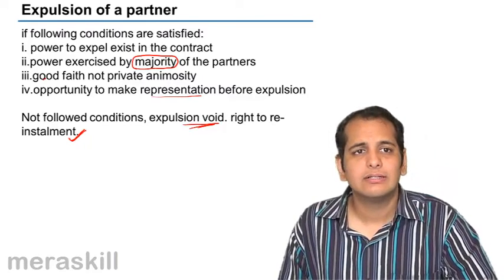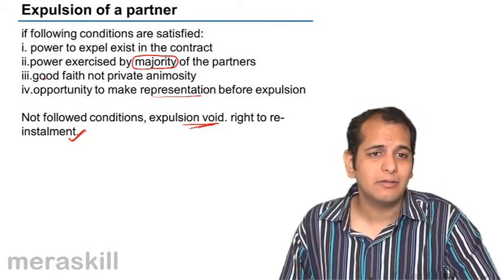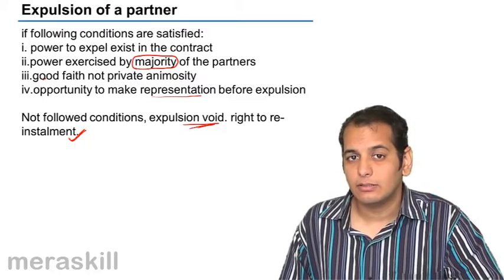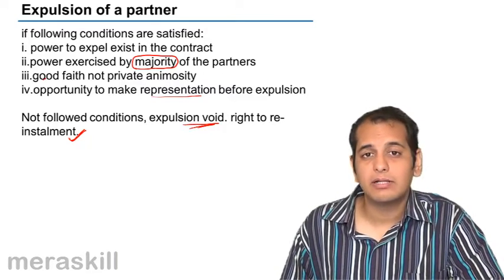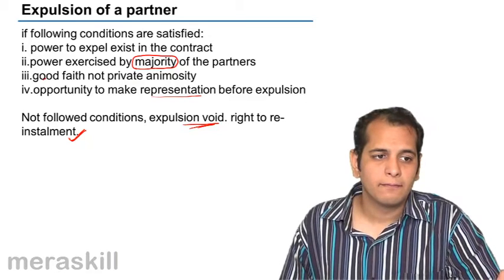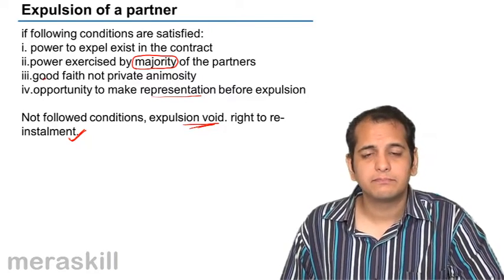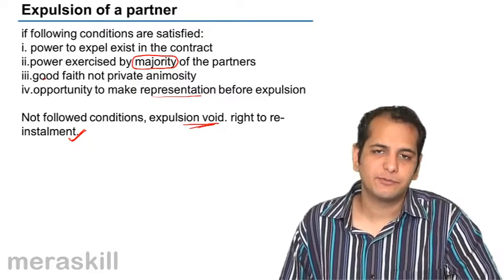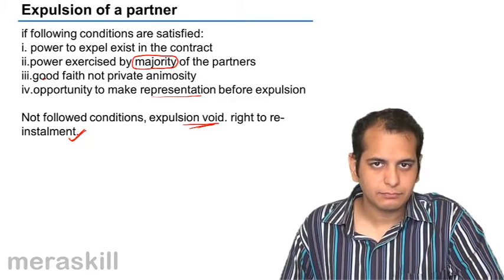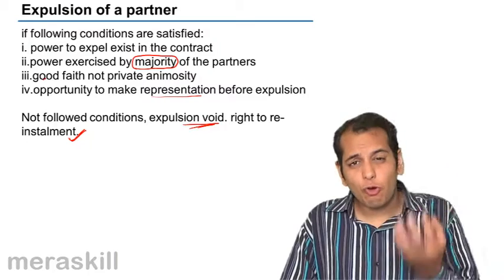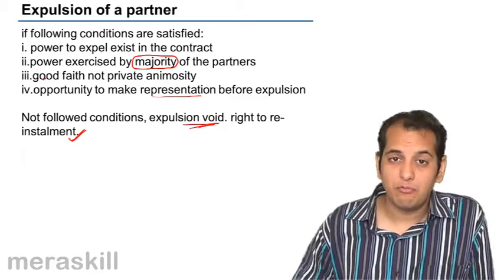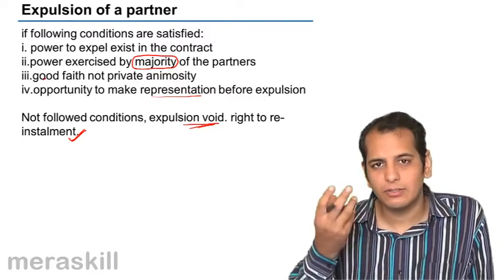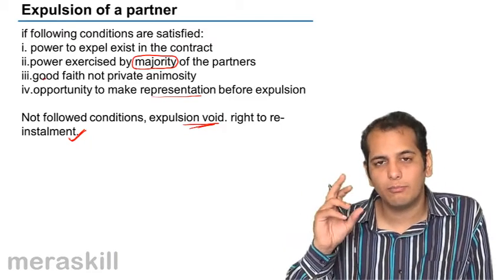Or the second reason is there might be some misbehavior by him, some conduct which is wrong, like sexually harassing the employees or related parties like customers and suppliers, or physically assaulting them. Such behavior cannot be tolerated and the partner may be expelled from the partnership. So there needs to be a very strong ground to expel the partner, and once there is a ground, it is established that the expulsion is being done in good faith and he has been given an opportunity of being heard,